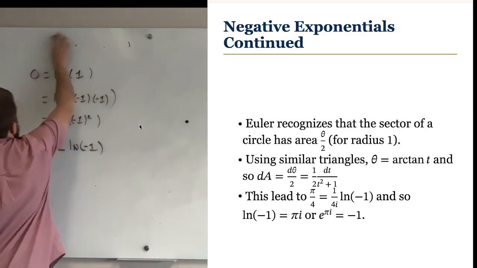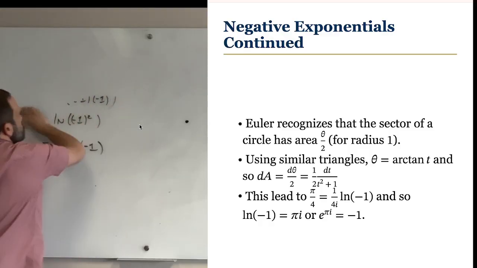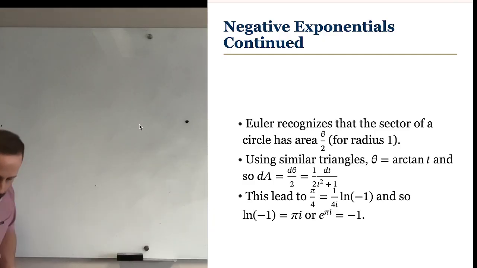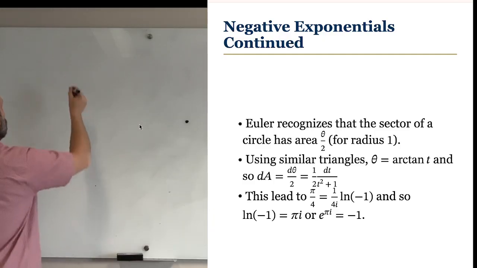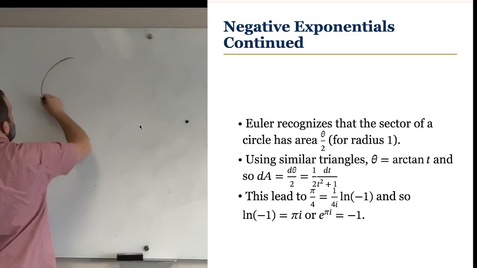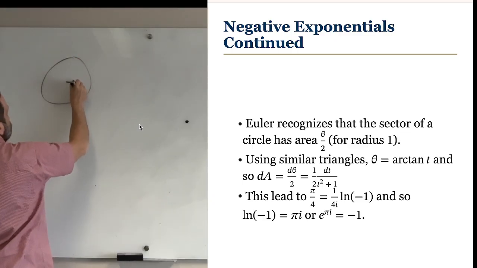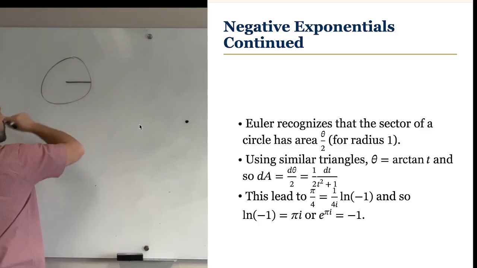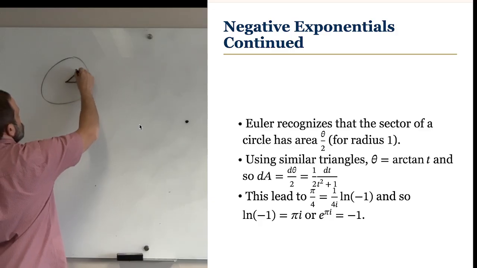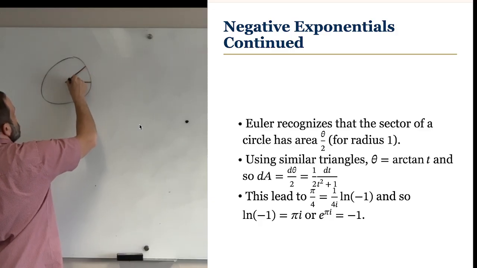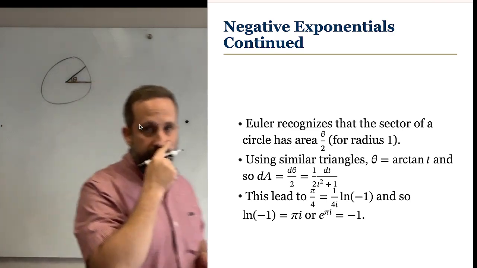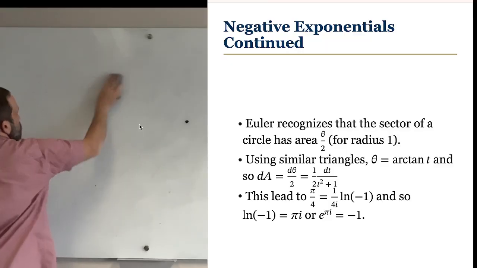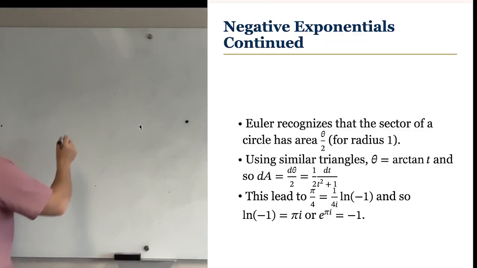So I'm going to draw a picture here, because there's various variables here that are not labeled, or that are not defined. So I'm going to try to draw a circle. Okay, so we're going to have something like this. And it's going to be a circle of radius 1. And now what I want to do is draw this. This is going to be the angle theta. Let me make sure. You know what? I'm going to try to draw this circle a little bit bigger so I can draw my Greek letters a little bit bigger.